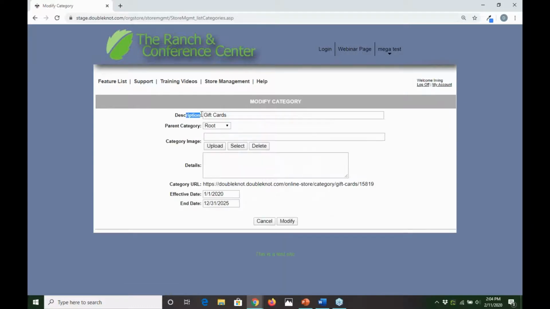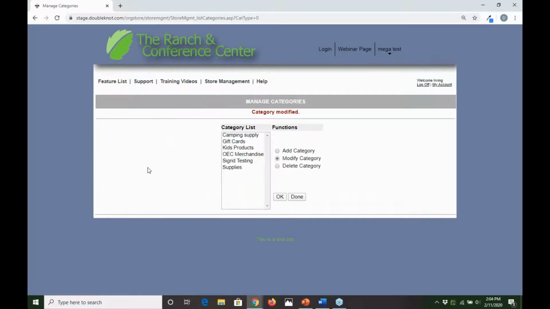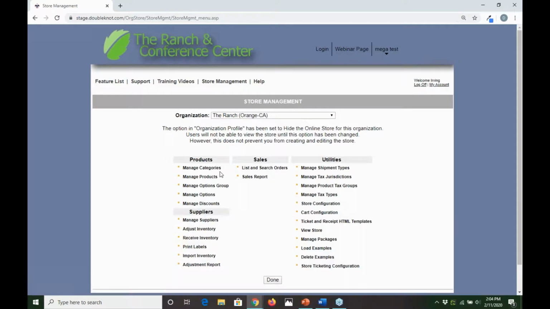So what we'll need is a description. So what's the name of the category? And then put an effective date, starting in the past, and then you could even have this go out way into the future. And click modify. Next, you can actually start to build out the discount or the gift card offerings. So if I go to manage products,